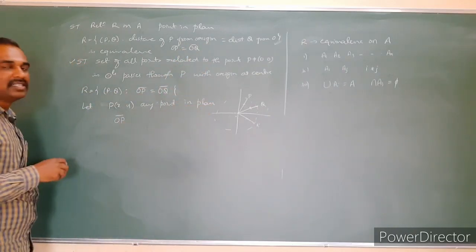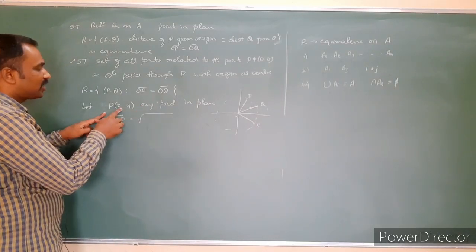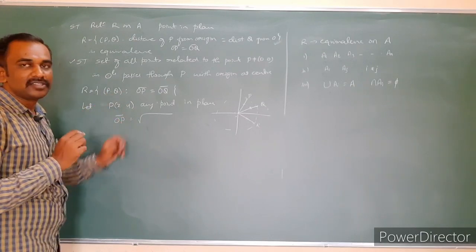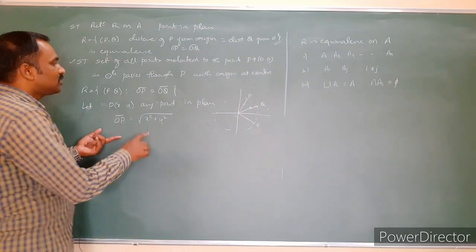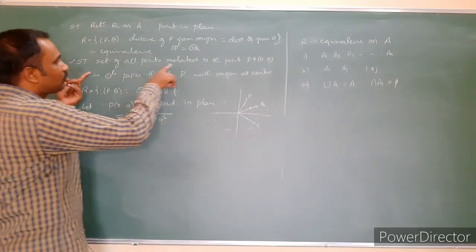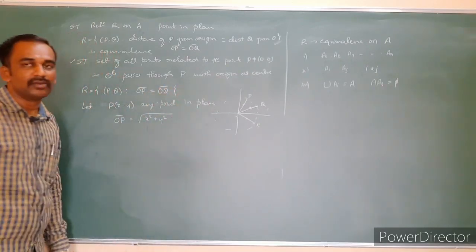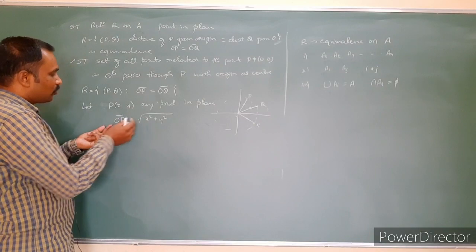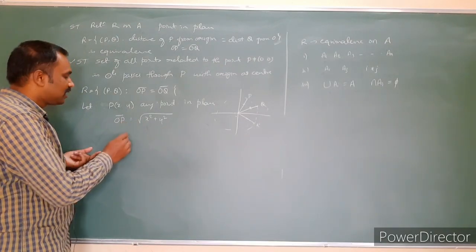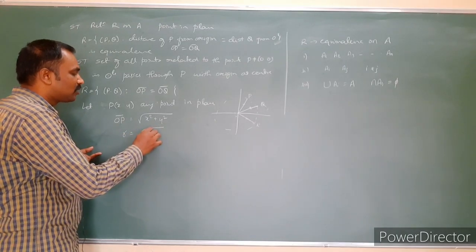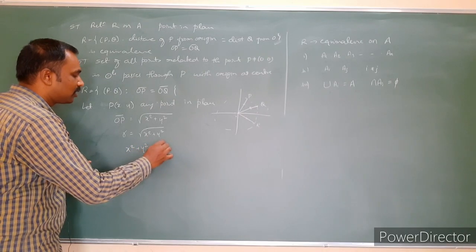Now I find the distance. What is the distance OP? Square root of, where P's coordinate is x comma y and O's coordinate is 0, 0. What we get is the square root of x square plus y square. This should be the constant distance. The set of all the points related to the point P is a circle passing through the point P with the origin as the center. Here OP is equal to root of x square plus y square. This constant distance I call r, so r is equal to the root of x square plus y square. Then that implies x square plus y square is equal to r square.